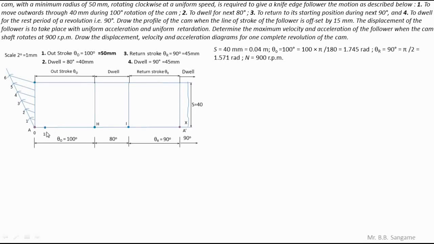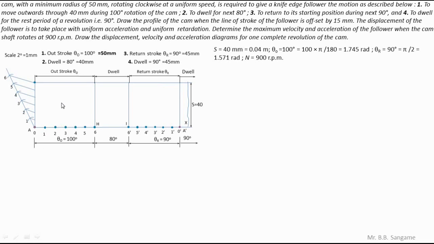I have divided the horizontal line into 6 equal parts. Similarly for this one, the 90 degree part. Actually the length is 45 mm, and it is again quite difficult to divide 45 mm into 6 equal parts. You can use the same procedure here: draw an inclined line, divide that line, and just follow the same procedure. So here I am going to divide the return stroke into 6 equal parts. Okay, so finally I have divided the return stroke.